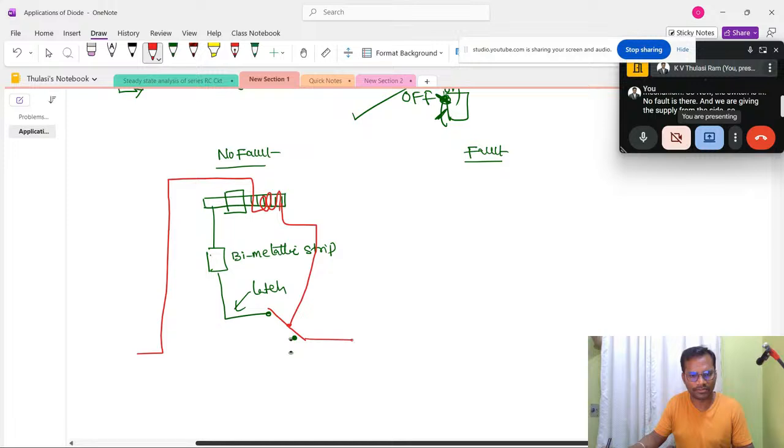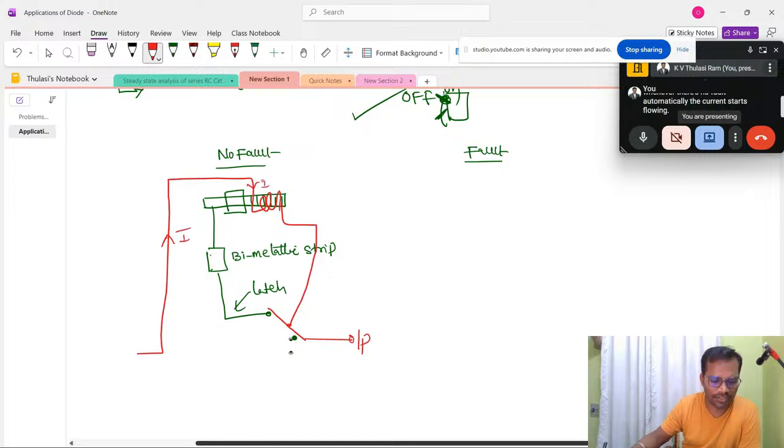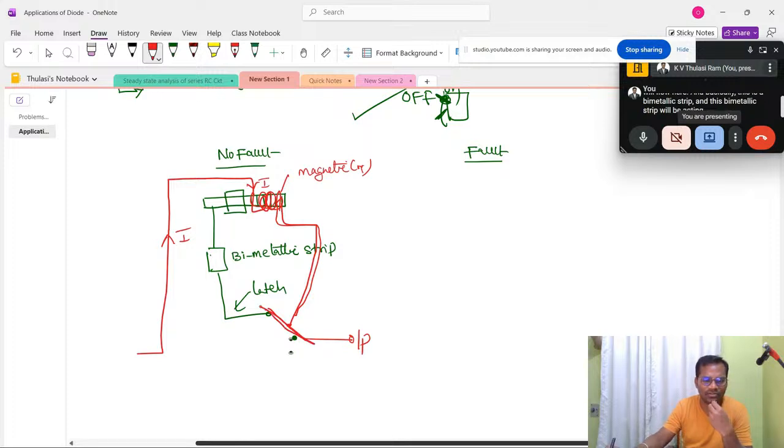So here we are going to take the output. Whenever there is no fault, automatically the current starts flowing. As soon as the current starts flowing, this coil, which is called the magnetic coil, will act as an electromagnet, and the same will flow here. And basically this is a bimetallic strip, and this bimetallic strip will be acting as a closed path, and the